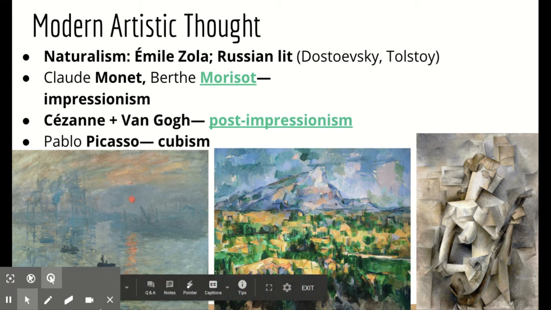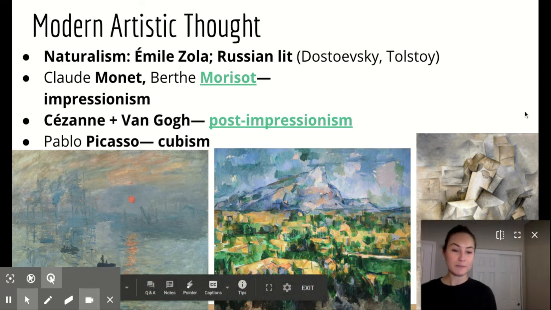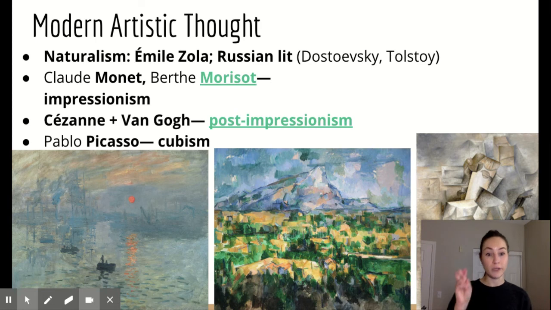Later on, we'll see the development of more like what we'd consider real modern art, such as abstract art. One of the most famous people here is Kandinsky. He's one of those people who paint stuff that you would see in a museum and be like, I could do that. His idea was that art doesn't have to be a thing. It can just be something that evokes emotion. It's art for art's sake.